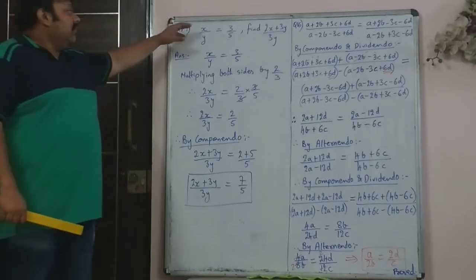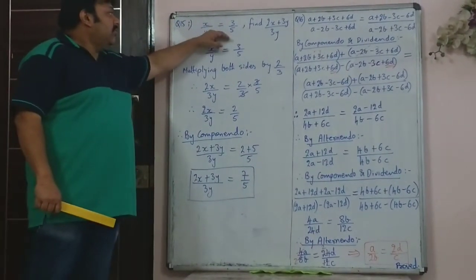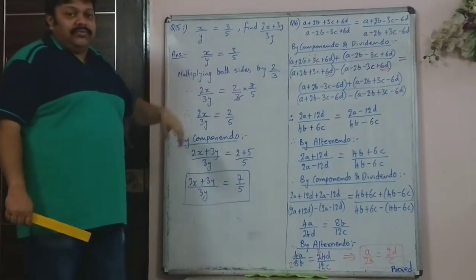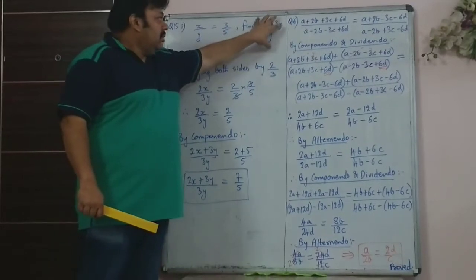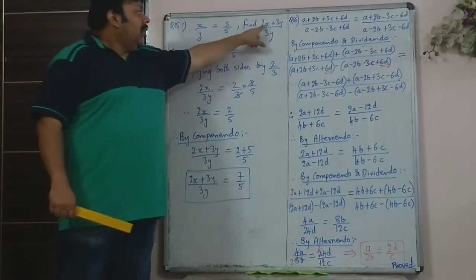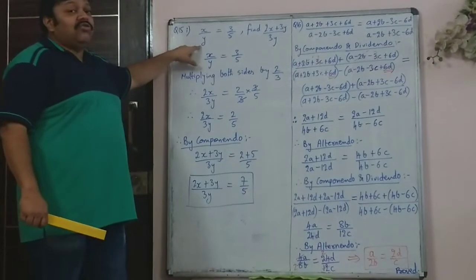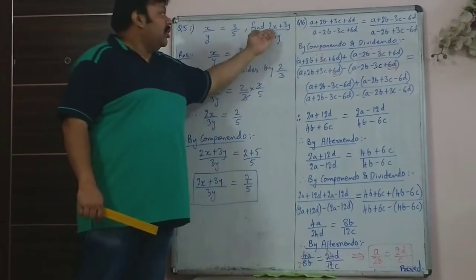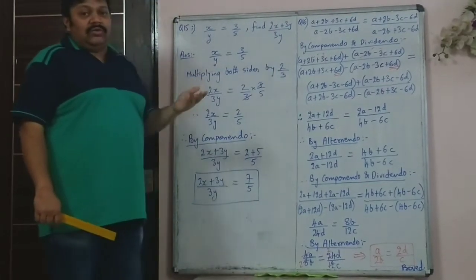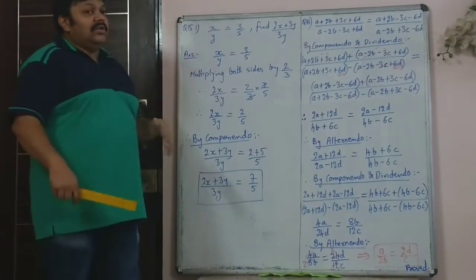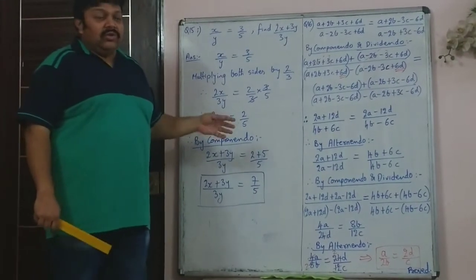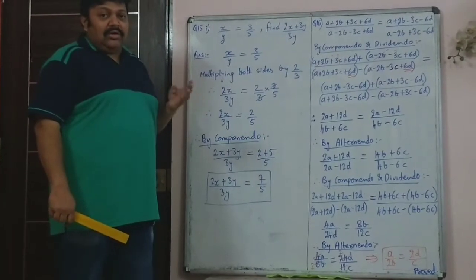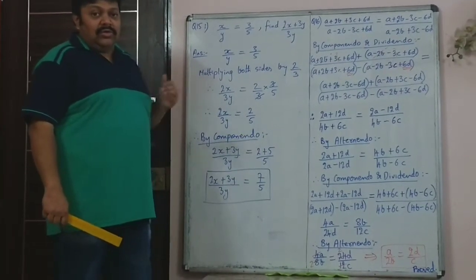Now in question 15.1 you are given x upon y is 3 upon 5 and you are asked to find what is 2x plus 3y upon 3y. So looking at this, you should know what x should be multiplied with and y should be multiplied with. First of all, in 10th standard there is only one chapter where you are asked to find a ratio. So you should know this from the ratios chapter, and this is nothing to do with continued proportion or proportion. So you have to use the properties of proportion, that is either invertendo, componendo, alternando, dividendo, those things.